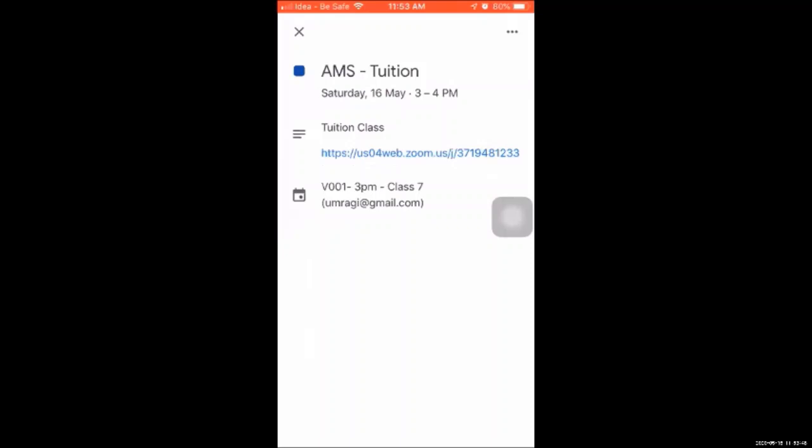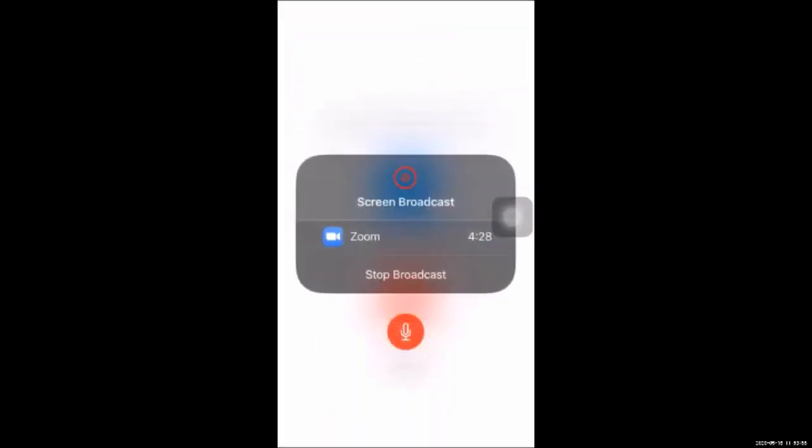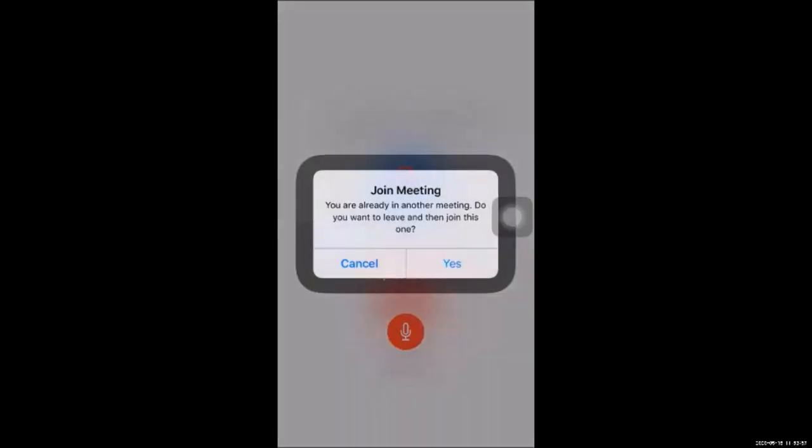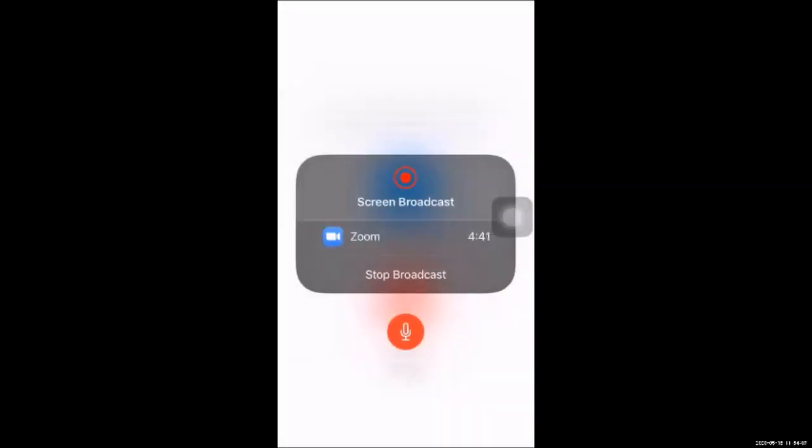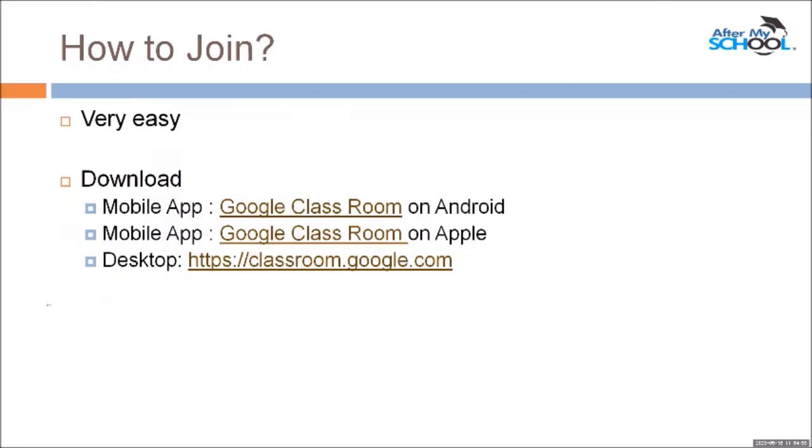It is trying to open my Zoom app and join the meeting. If the Zoom app is already installed on your device, it will open it and allow me to join the meeting. Currently, I'm already on Zoom, so I should not do that. Everybody has either downloaded it or you are on the desktop. On the desktop, you need to go to this particular link.